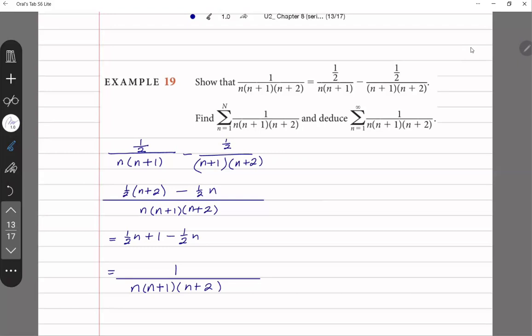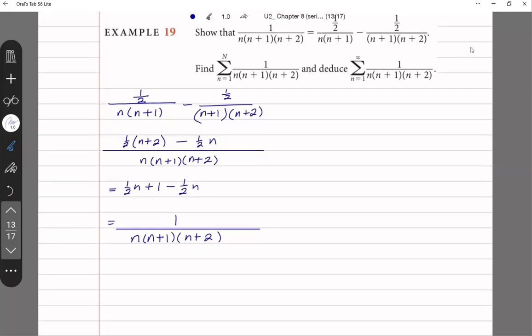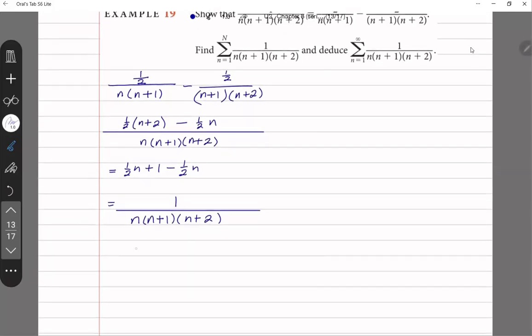So the first thing we're asked to do is to show. I just showed it and it did not take many steps. And the key here is that for a show, you can either go from left to right or from right to left. We're then asked to find the sum of the first n terms of the series. So what I would say here is that